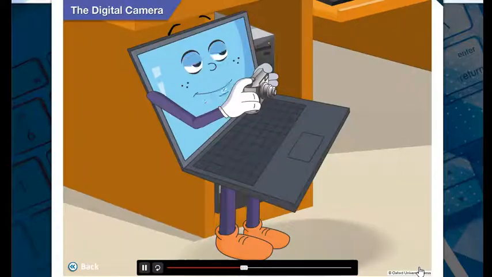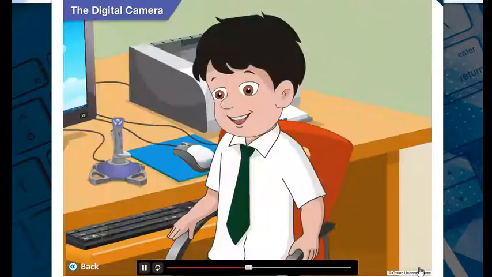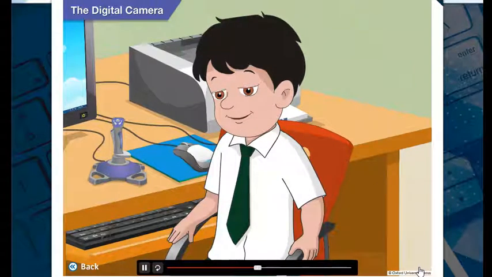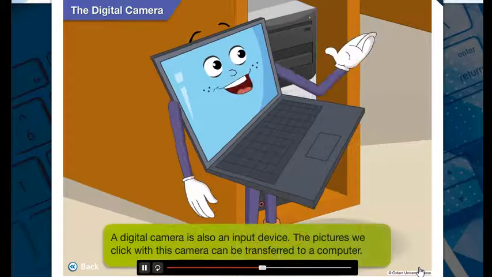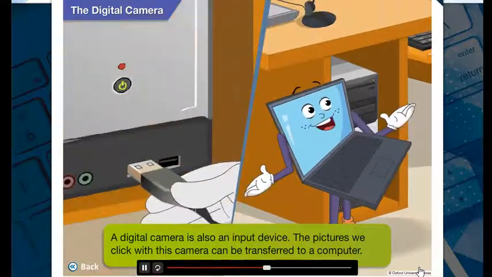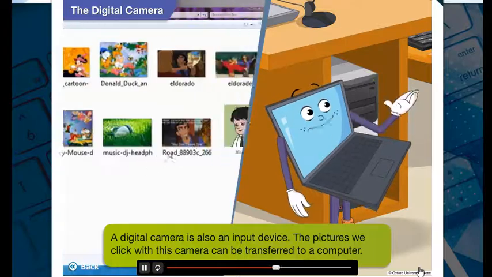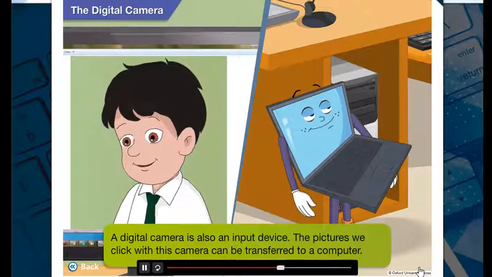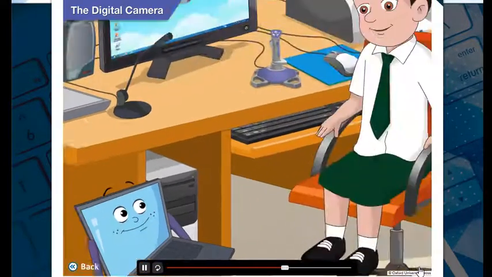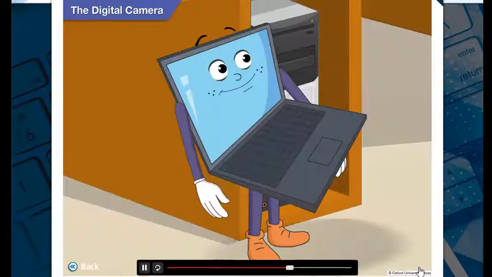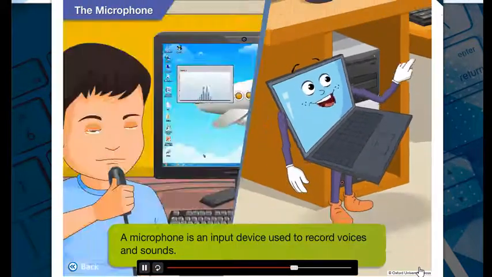Say cheese, Goggle. What? You want to click my picture with your digital camera? Yes, but I also want to tell you that a digital camera is an input device as well. The pictures you click with this camera can be transferred to your computer. That's great, Toggle. Oh, and let's not forget the microphone.